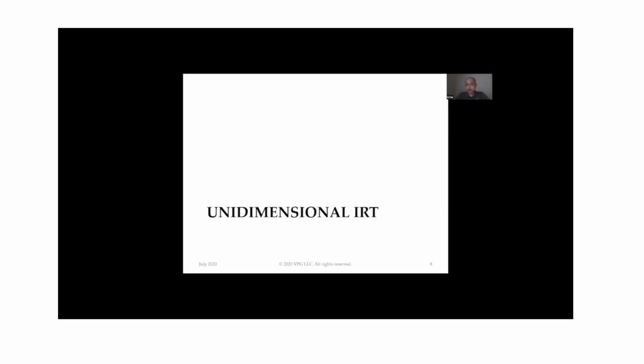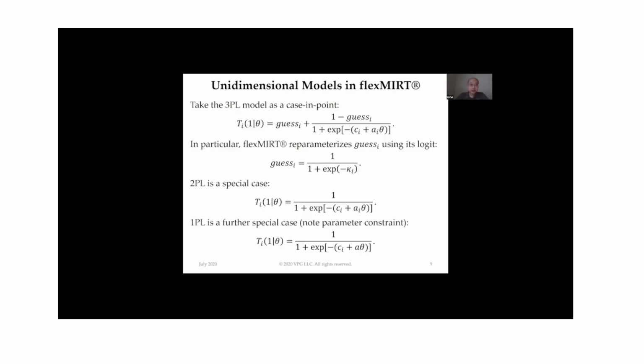I'd like to open up by describing some basic modeling capabilities. Since we all know unidimensional IRT, I'm going to be flying past the following slides really quickly, but just keep in mind that there might be some notational changes. Anyway, the unidimensional models in FlexMIRT,